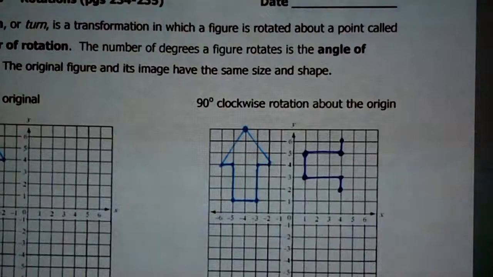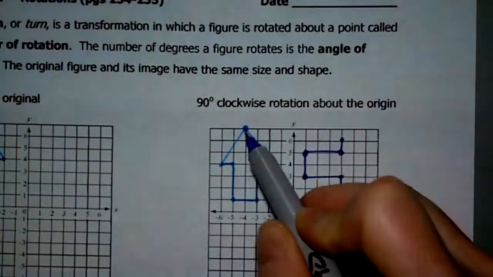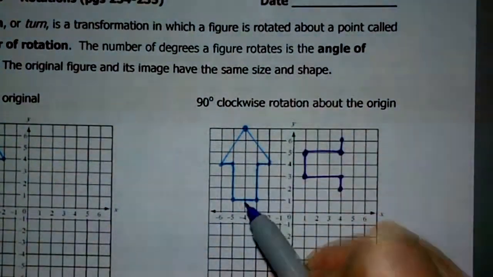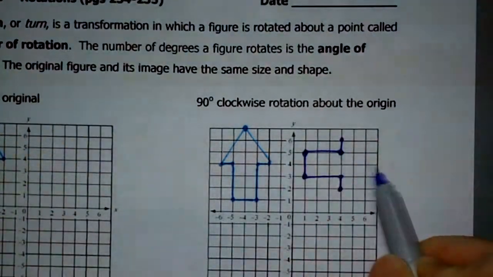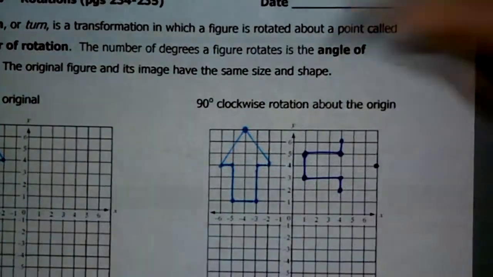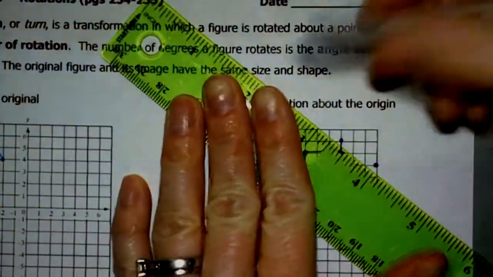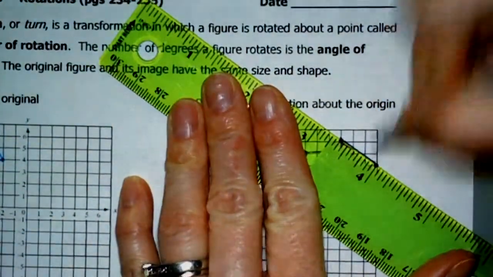It's the same size and shape. And then I see that this point is right in the middle, halfway between these points here, and it's all the way up top. It would look like that. So there you have it. We just rotated that figure